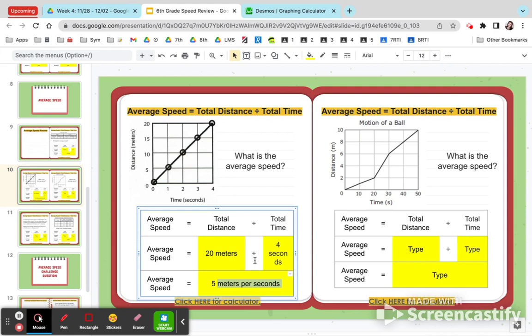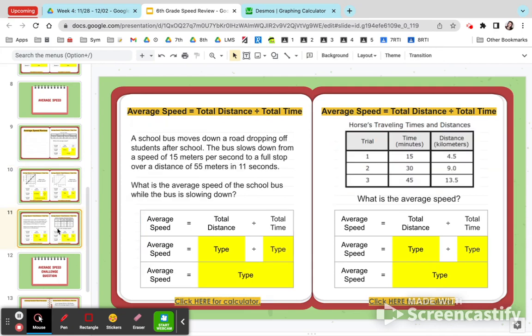Okay, so now you're going to do the remaining 3 examples. So again, you have another graph, and then you have a word problem and a chart. So remember, average speed, you're going to add up